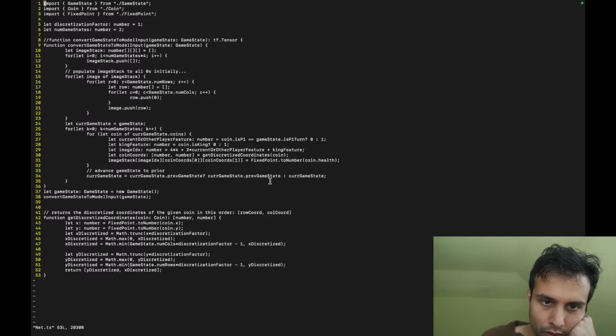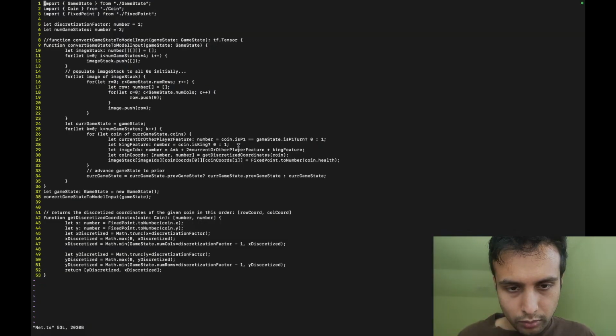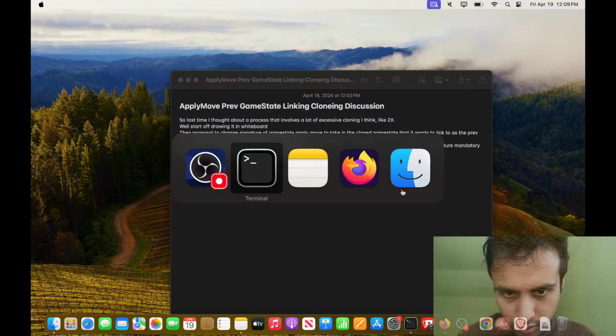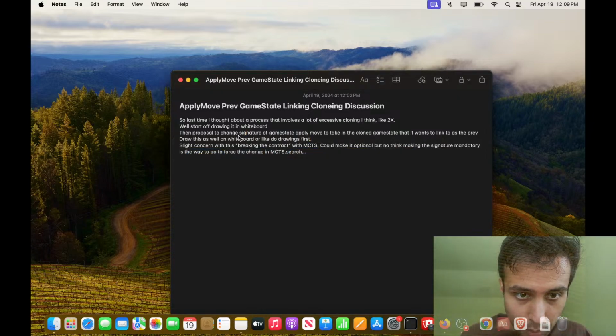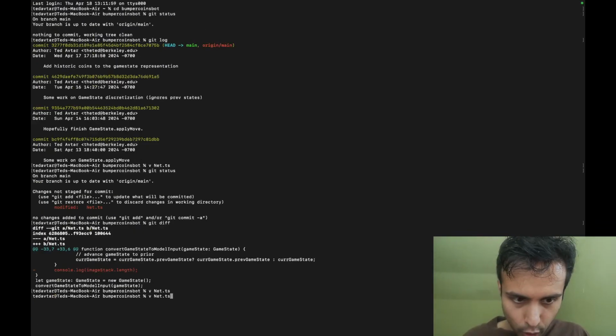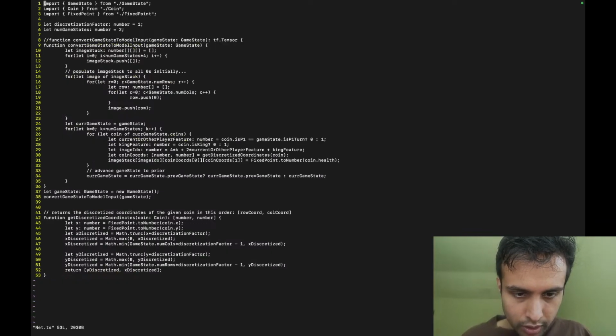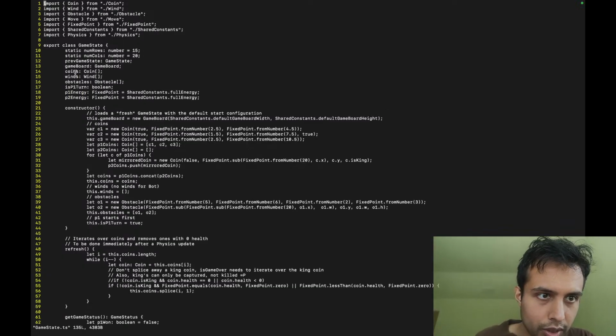So the whole point is the mechanism behind advancing is this notion of a reverse linked list. We introduced this field prev game state onto game state, right? Okay, my notes need to come back up. I'm going to do some whiteboard drawing, but let me open up the other file too. Let me open up gamestate.cs. We introduced this new field, which I'm highlighting in line 12, prev game state.